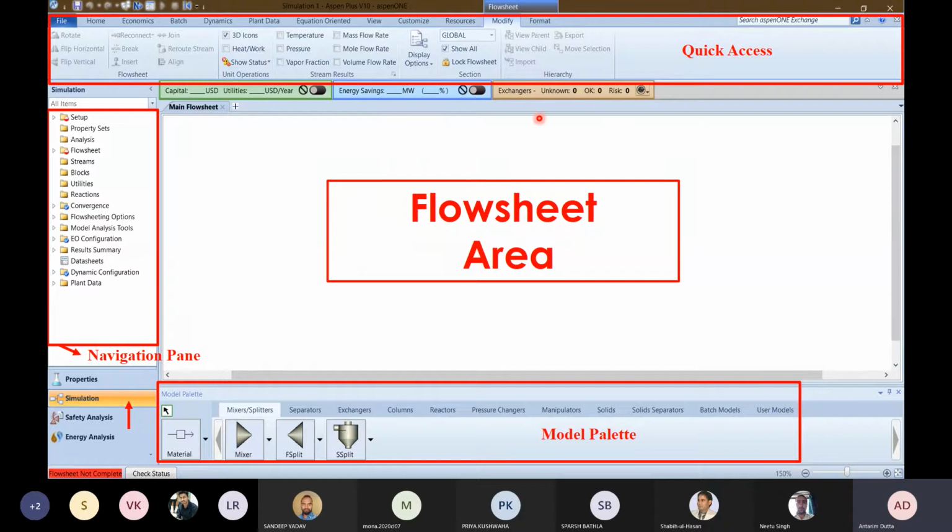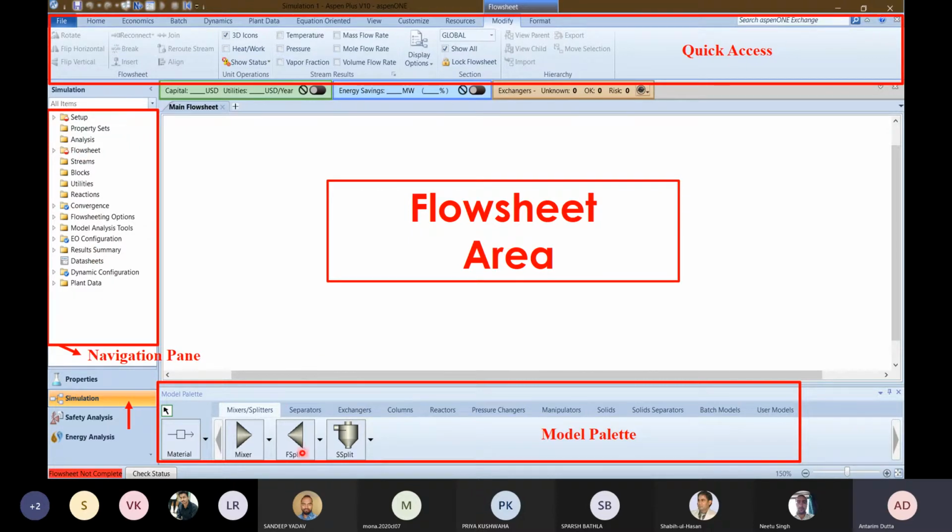Talking about the segments present in your simulation environment GUI, that is the graphical user interface, you can see the quick access ribbon over there, where you can switch between the options available to get your things done. This is your navigation pane, in which we have to follow the hierarchical order, as already said in the property analysis. You have to satisfy all these red dots so that they turn blue before performing the simulation.